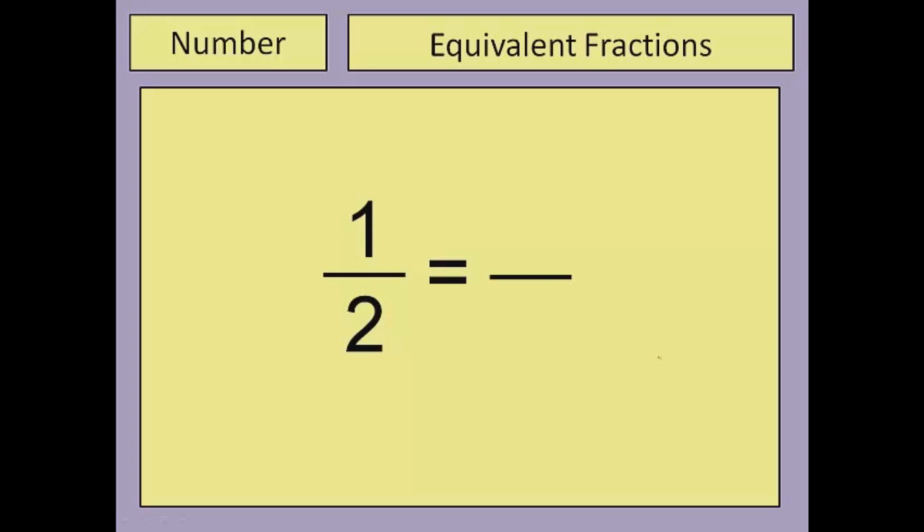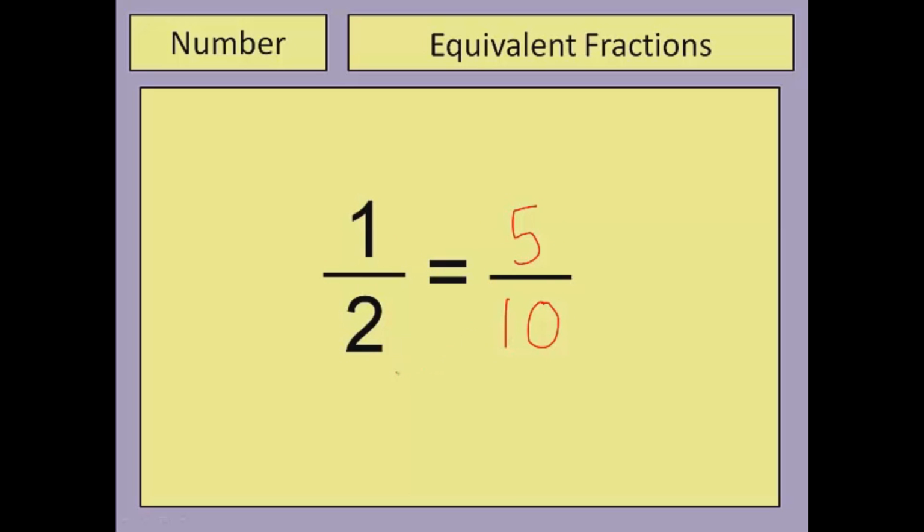We all know what 1/2 means. It means split a shape into 2 equal bits, then take one of them. But what if we were to split a shape into 10 equal bits instead? How many of those will we have to take so that we've still got a half of the shape? Now if you split it into 10 bits you'd need to take half of those, which is 5. So 1/2 is exactly the same as 5/10. If you took a half of a shape and then took 5/10 of a shape, you'd be taking the same